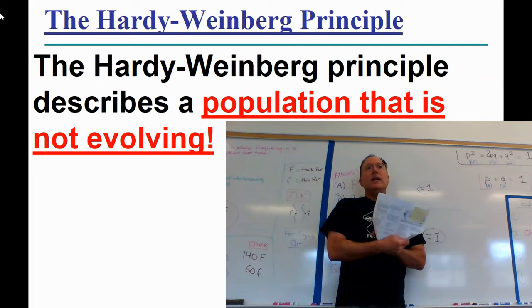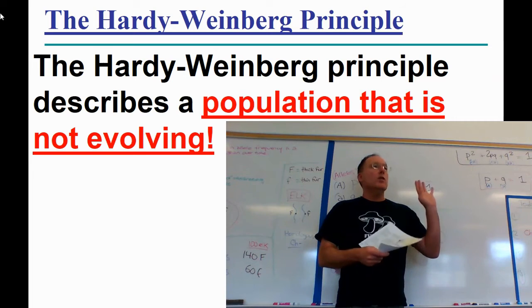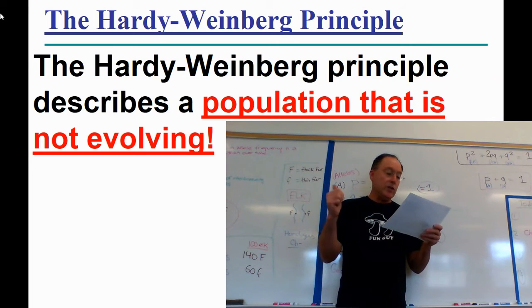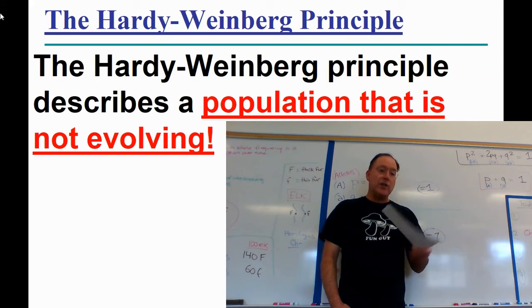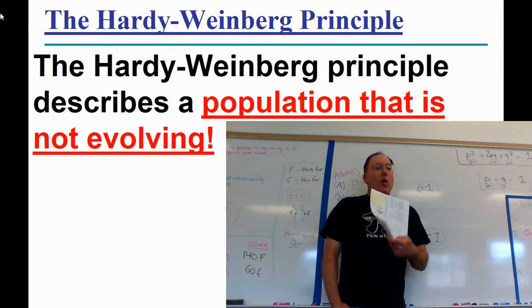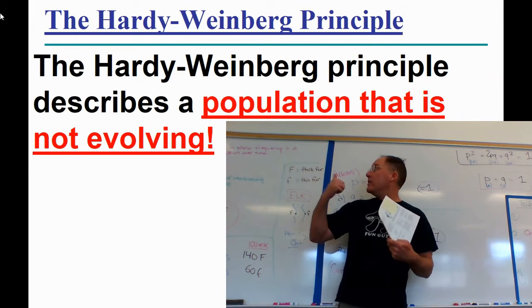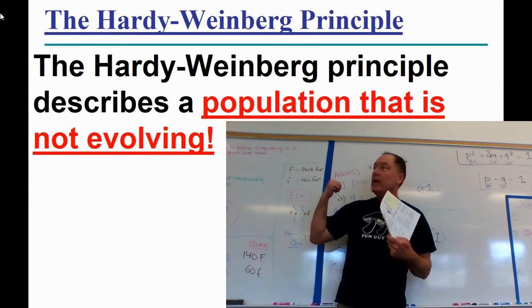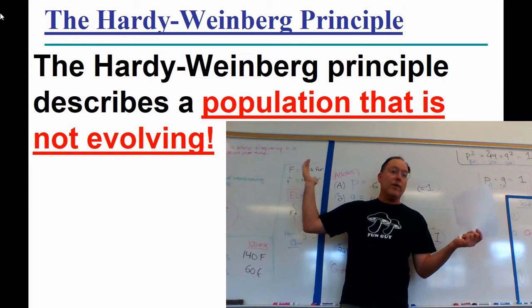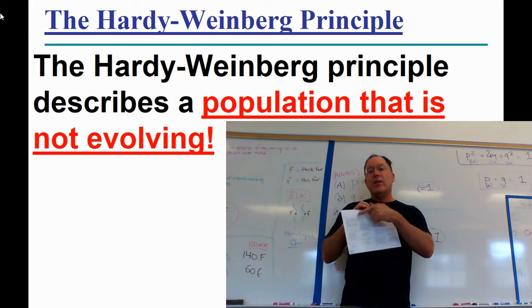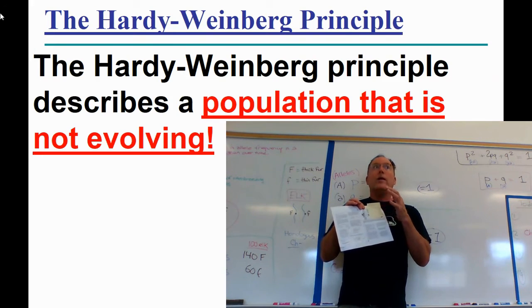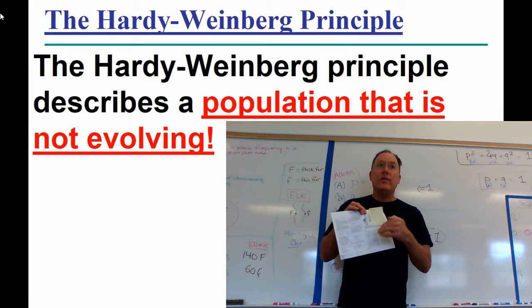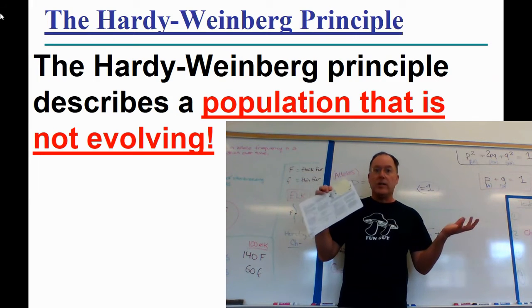So what they've done here is they've set up this principle. They say, well, look at these 5 conditions: no mutations, no gene flow, no random mating, no genetic drift, and no selection by natural selection. If all those things happen, then there's going to be no change in the allele frequency over time. Fine, so no evolution. But the question is, is there ever an instance where this doesn't occur, where some of these are violated? And the answer is, of course.